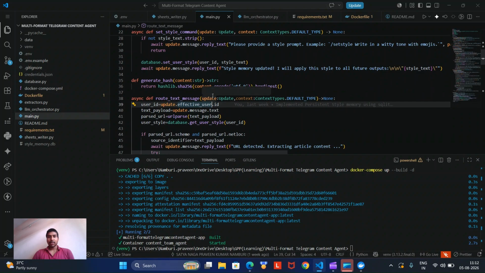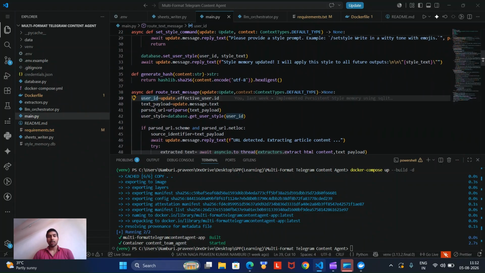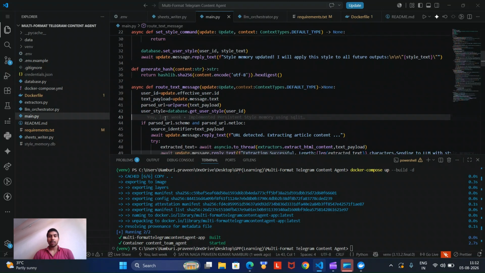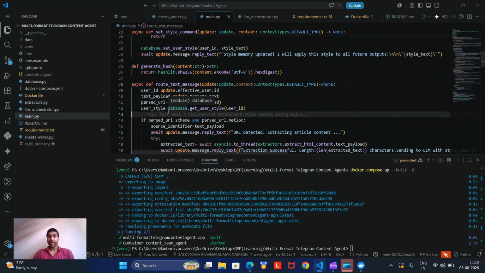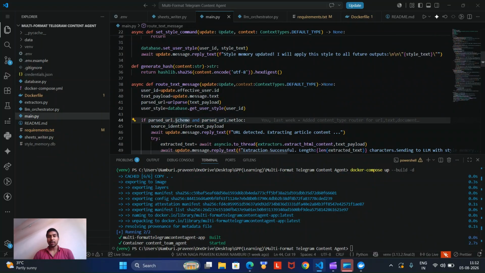Whenever a user sends a URL or a standard text message, this method will be executed, and we will be extracting the user ID, and the text will be stored in the text payload. If it is a URL, then we will be using urlparse on the text URL, and we are also extracting the style the user previously set. If it contains url.scheme, meaning it contains HTTPS, and parsed url.netloc, meaning it contains a domain such as google.com,